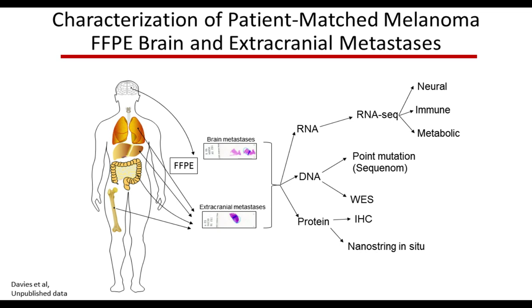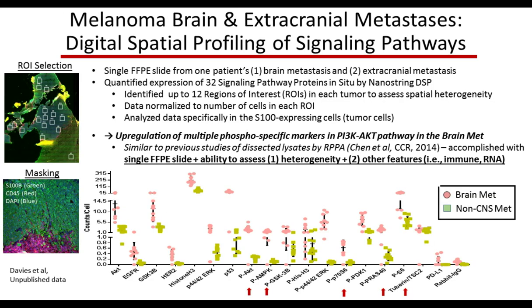In terms of proteins, we've done some standard IHC markers, but we thought this was an interesting opportunity to use the NanoString digital spatial profiling platform to characterize signaling proteins and the immune response in these clinical specimens. In particular, as Joe mentioned, the ability to use masking so that we could separately look at the expression of those markers in tumor cells and in immune cells was very attractive to us in these highly heterogeneous specimens.